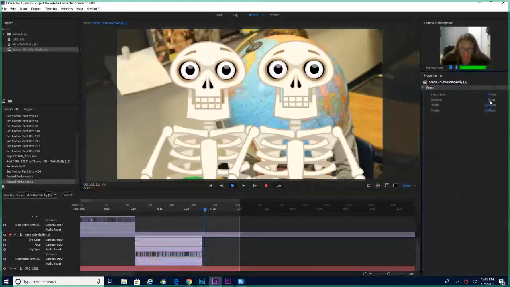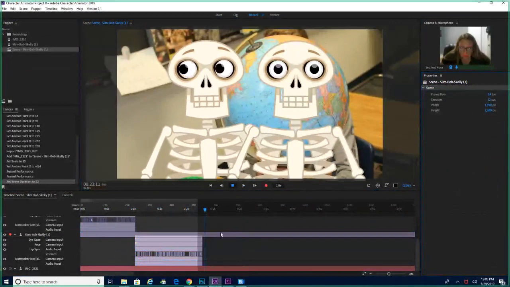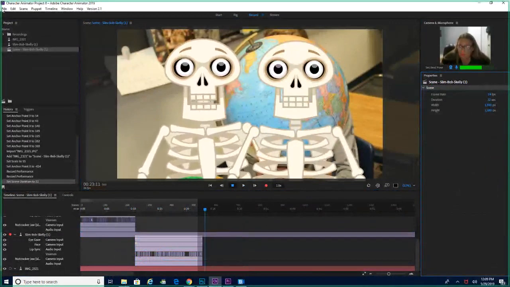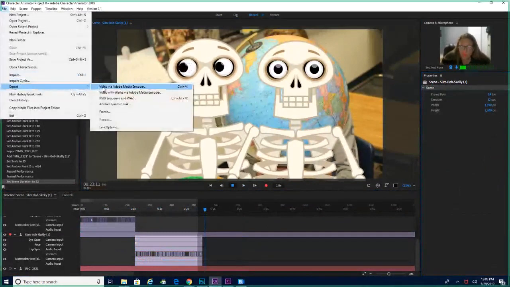My movie's about 20 some seconds, so you can change that to what it actually is. And then to export the movie, you would go to File, Export, and you want to export via Adobe Media Encoder, and I'm not going to do it because it takes a little bit of time. What happens when you click there, Adobe Media Encoder will open, and it will default to an H.264 file,